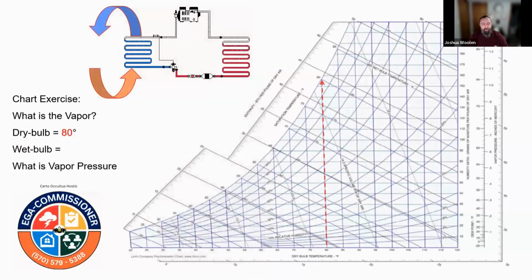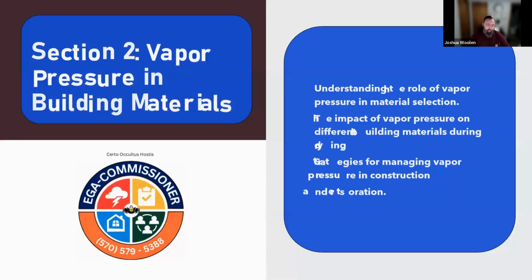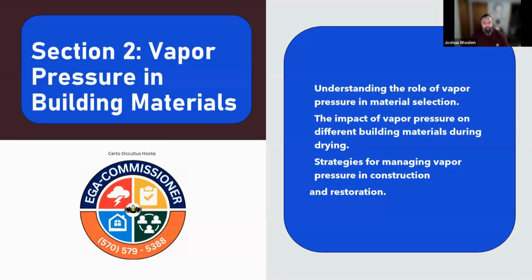In the simplest format, figuring out vapor pressure is a rather simple project. If you look at it, you know what your temperature is and stuff like that. But it's not that simple. It involves a lot more than that. But yes, you can go to your psychrometric chart and put in the temperature and put in your dew point, and that gives you your vapor pressure, right?